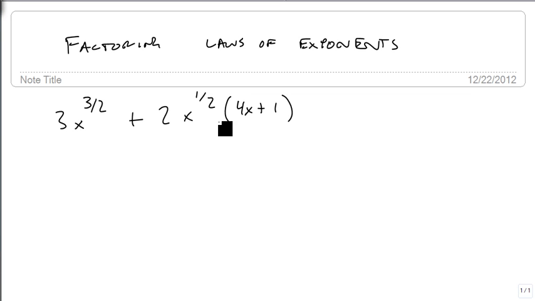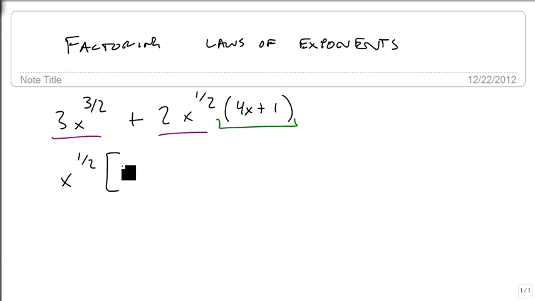We're going to ignore the 4x plus 1 for the moment because it's inside parentheses, so we're only looking at what's outside. And we notice that we have an x in both, and we want to factor it out. Whenever we're factoring out, we're always going to take out the smallest one. We're going to take out the x to the 1 half. Now we don't get to pull a number out because 3 and 2 don't have anything in common, but that's